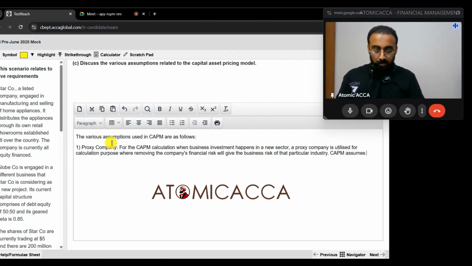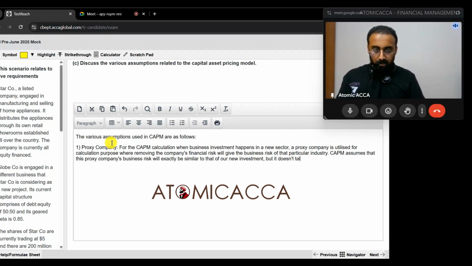CAPM assumes that this proxy company's business risk will be equal or similar to that of our new investment,